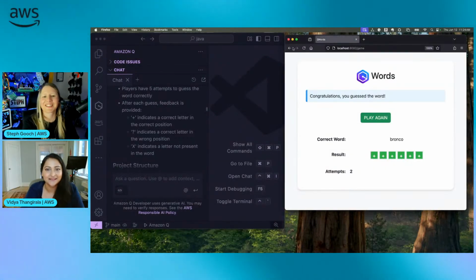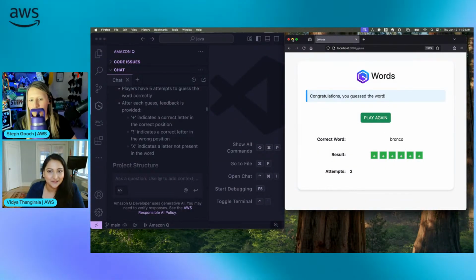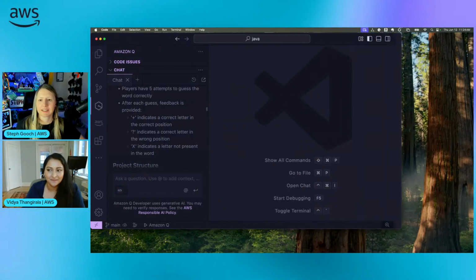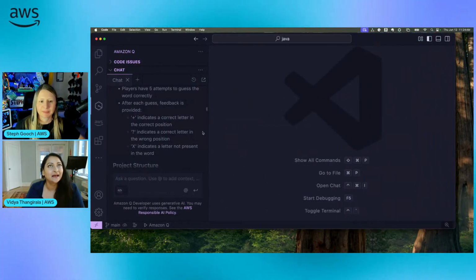So just for everyone to understand, this is what the game does. So now we're going to convert this into Rust. But to do that, I need to, let me go back into, it's really important to understand how Amazon Q